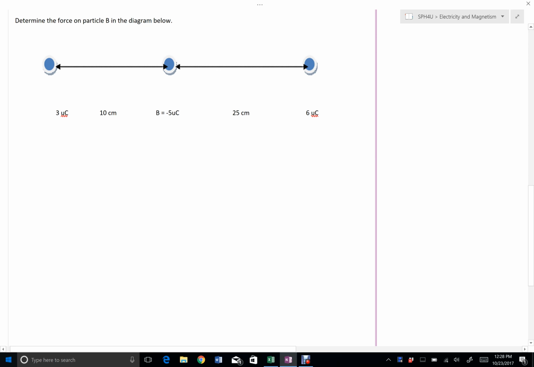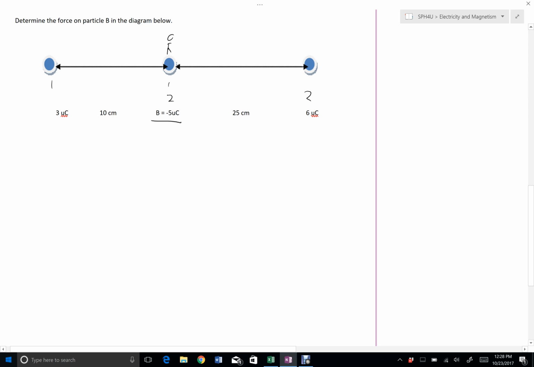Okay, in this video I'm going to look at how to calculate the electrostatic force acting on a particle in a specific location. Here it says determine the force on particle B, so here's B. This is the particle that we're going to be looking at. I'm going to use Coulomb's law to consider the force that results from this pair, and then secondly this pair, and then I will sum those two forces to figure out what the overall force acting on particle